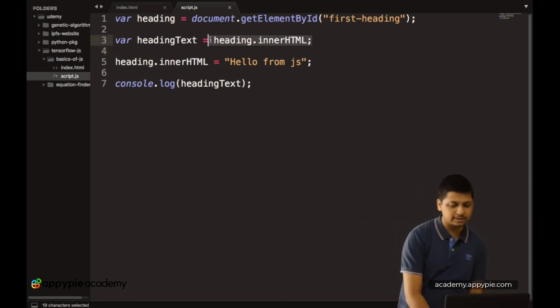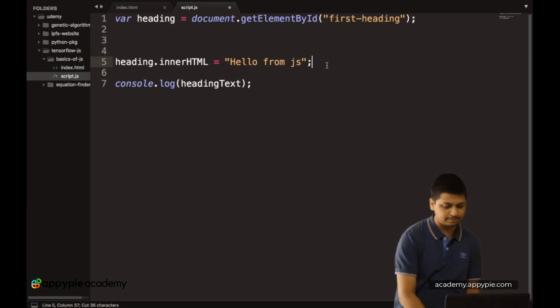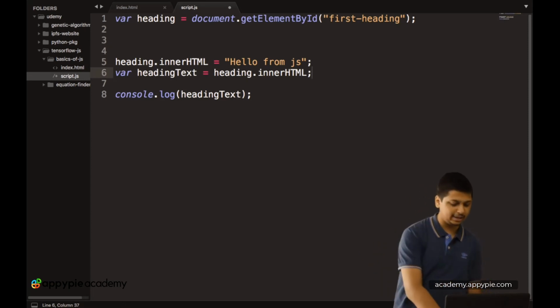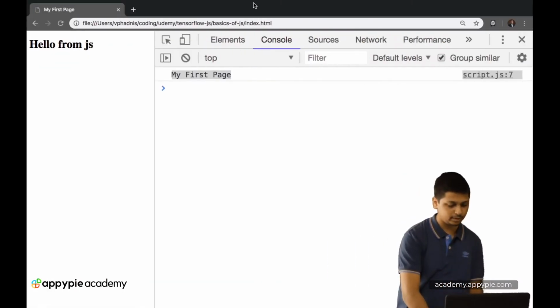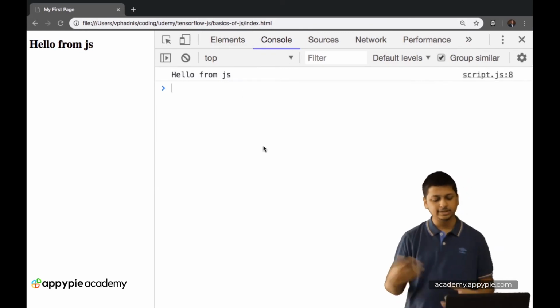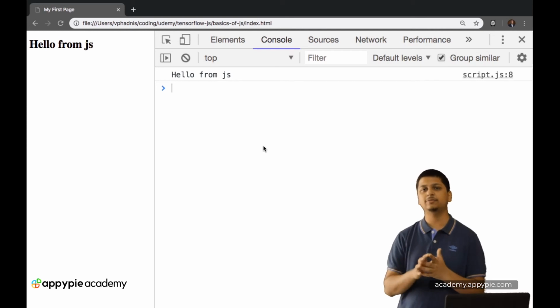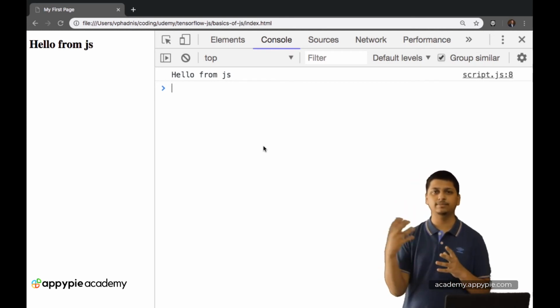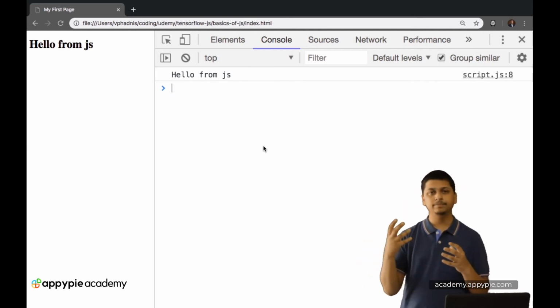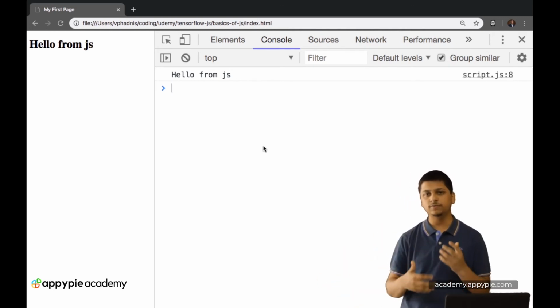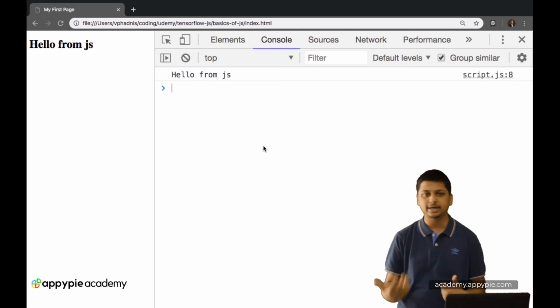Okay, so if we simply remove this command from here and if we just paste it below the updated inner HTML, and now if we save it, let's refresh it. As you can see, it is working perfectly. And this is basically how, by using inner HTML, you can modify objects inside of your corresponding HTML. So now the next question is, what if you want to select multiple objects at a time?